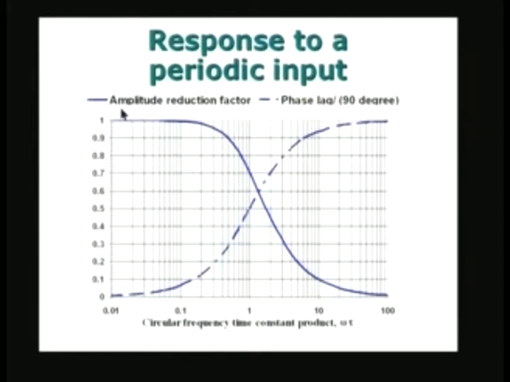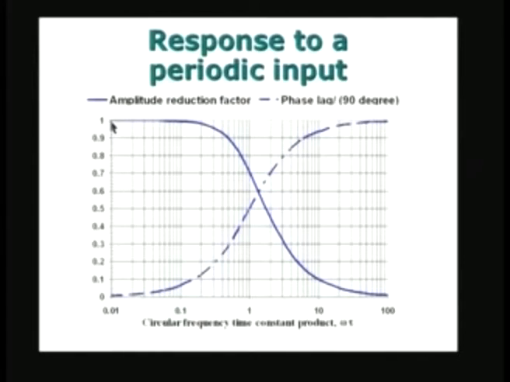And in fact, the figure I have drawn here shows the logarithm of the omega tau product on the x axis, and on the y axis I have either the amplitude reduction factor, which was given by 1 over square root of 1 plus omega squared tau squared, or the phase lag, which was given by tan inverse of omega tau, and I have divided the phase lag by 90 degrees, so that both the amplitude reduction factor and the phase lag become normalized, and therefore they lie between 0 and 1. What we notice is that when omega tau tends to 0, the phase lag tends to 0 and